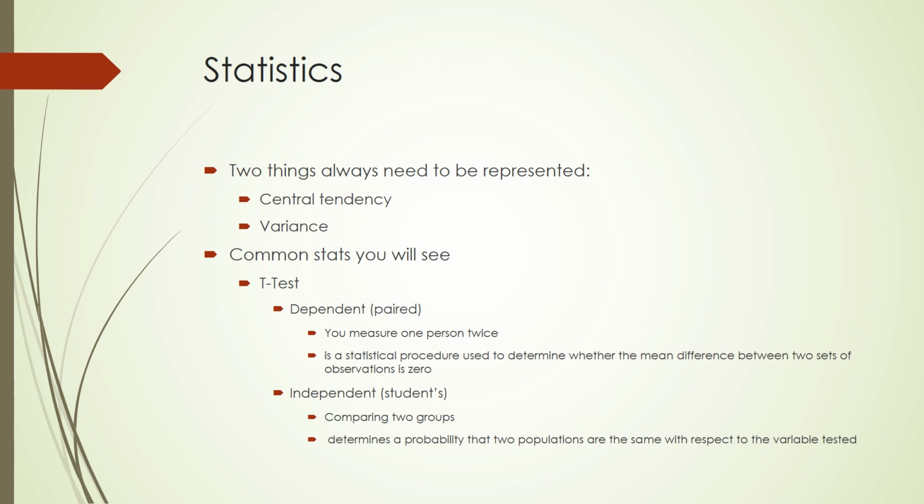Like say I have all of you and I put you on a ketogenic diet for 12 weeks. Right now I measure how much you weigh. In 12 weeks after the ketogenic diet, I measure how much you weigh. I would then do a dependent t-test, also called a paired t-test, but I'm going to call it a dependent t-test, in order to figure out if those two different time points are statistically different from each other.